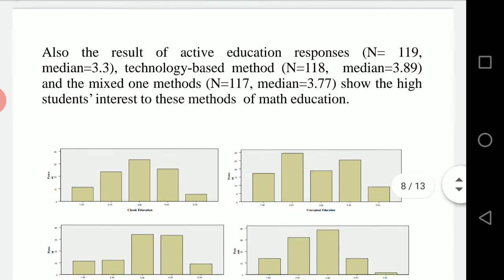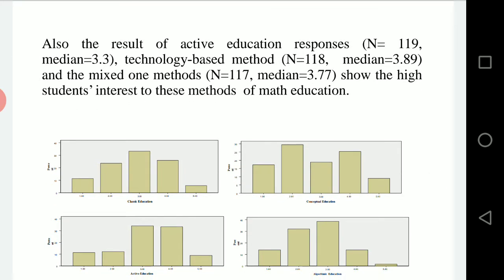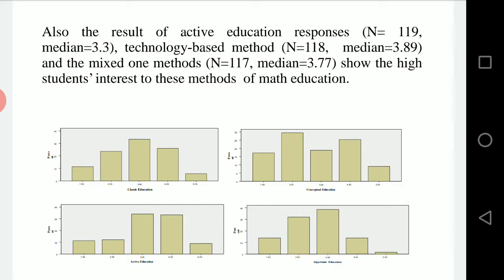Also, the results of active education responses, N equal to 119, median 3.3; technology-based method, N equal to 118, median 3.89; and the mixed methods, N equal to 117, median equal to 3.77, show the high students' interest in these methods of math education.